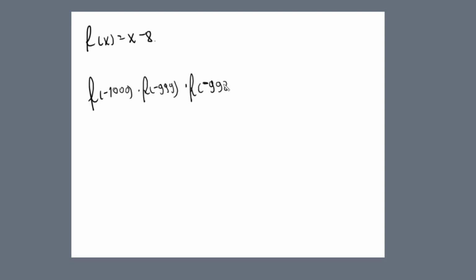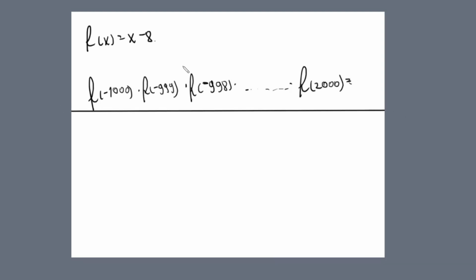So another thing that you might be given to do is, I don't know, f of x is equal to x minus 8. And you're told to do f of minus 1000 multiplied by f of minus 999 multiplied by f of minus 998 multiplied by etc, etc, etc, multiplied by f of 2000, I don't know. Now, at first this seems very intimidating to solve. Even I, when I saw it first, I said, well, how do I do this? This is impossible. But if you look closely,